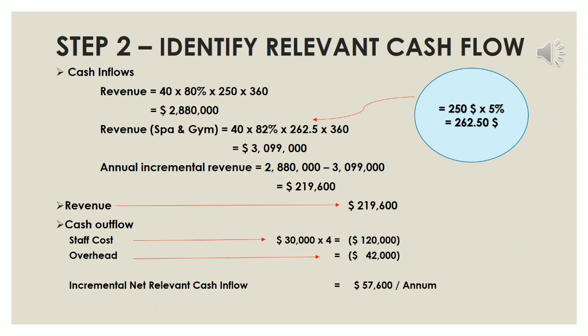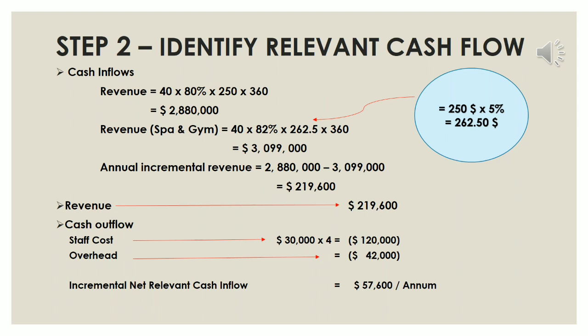So revenue is going to be 2,880,000. Now, what if the hotel implements the spa and gym in the operations? The rooms will remain 40, no issues. The occupancy level will increase to 82%, and the room rate will be increased to $262.5, and operations will continue 360 days. So in this case the revenue will be